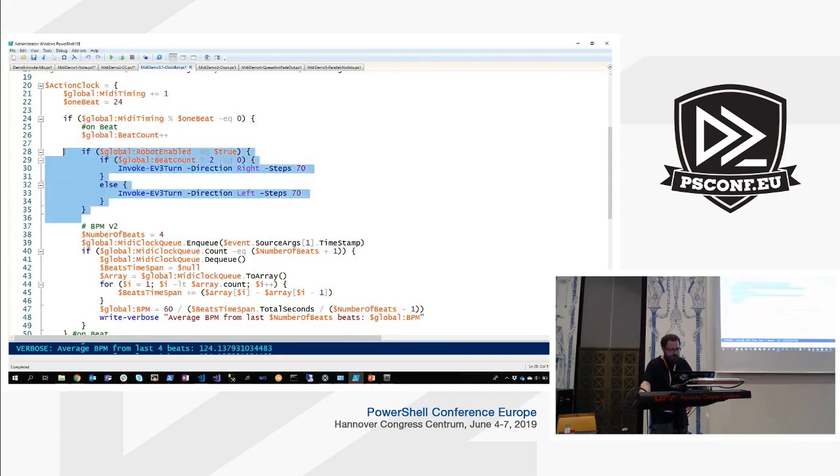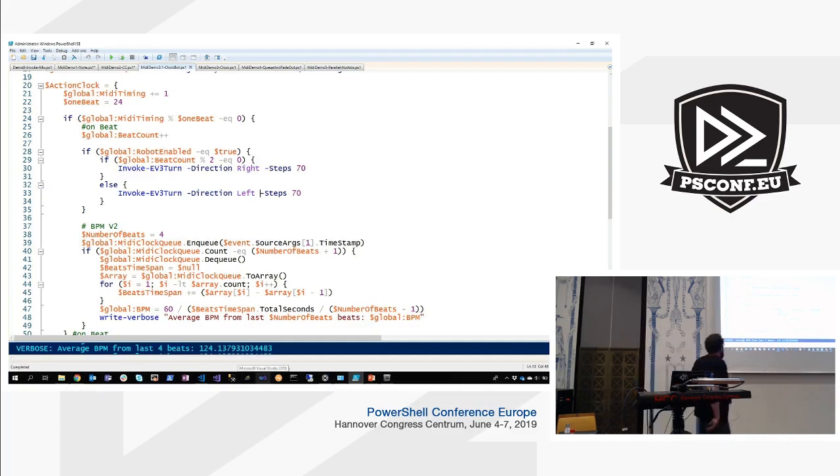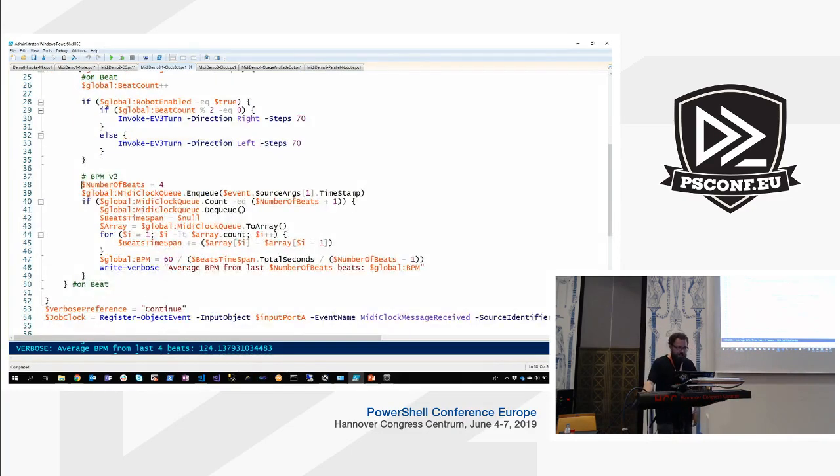And here is the actual code for the Lego robot. See? Robot enable equals true, then you should invoke the command called invoke EV3 turn. Right. And if it's an even number, and when it's an odd number, you invoke the left, and it just goes like kind of like the people dancing at a DJ set. Anyway, but we can also go and say, okay, number of beats 4 for 1 bar, as I said, and